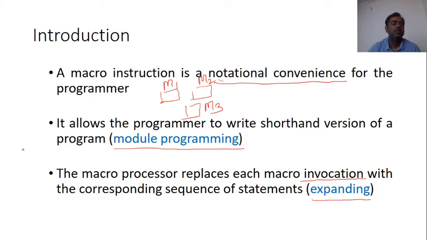That means if there is a program and in that program I have used a macro, then all the statements that are written in this macro are replaced here in the place of the macro invocation statement. That is known as macro expanding.